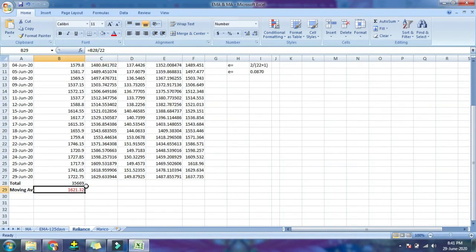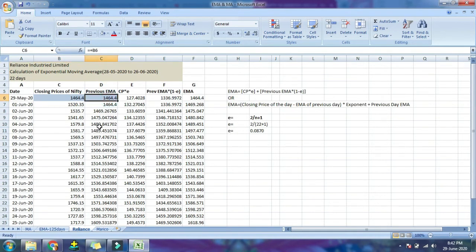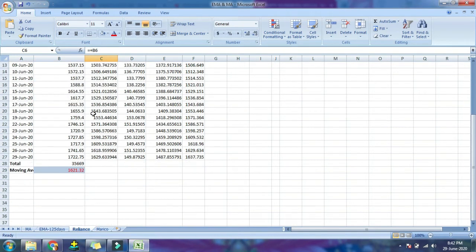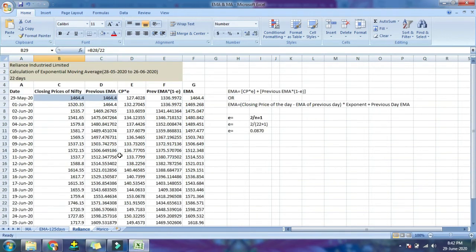Okay, and the second way is assuming the moving average as its previous EMA. In short, the moving average we calculated should be considered as its previous EMA. So I have assumed the closing price as the previous EMA, since it gave an accurate answer to some extent, in comparison with assuming the moving average as its previous EMA.